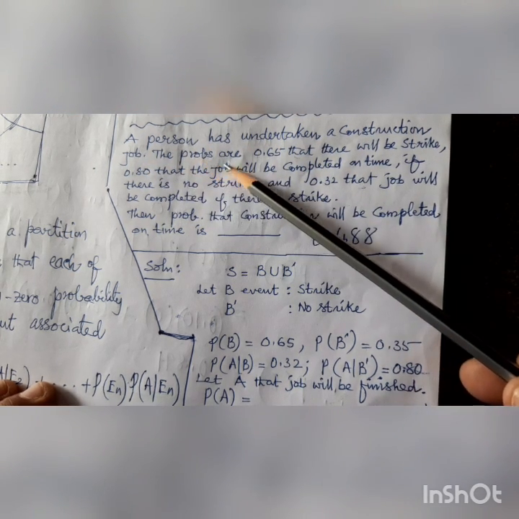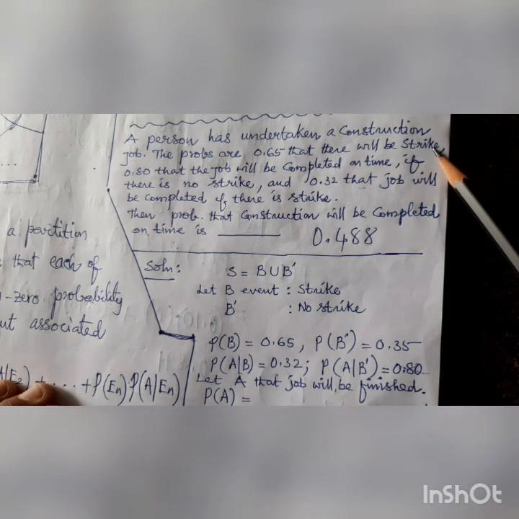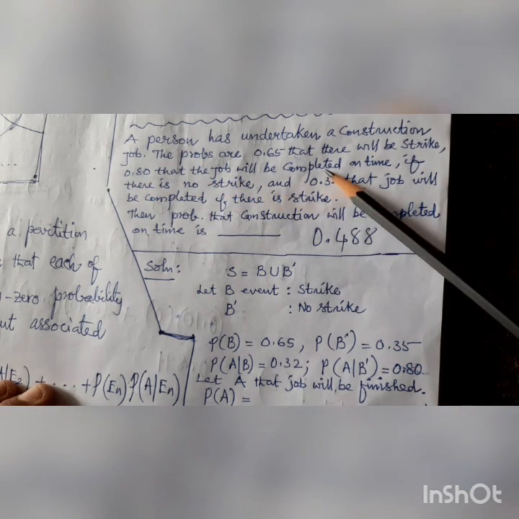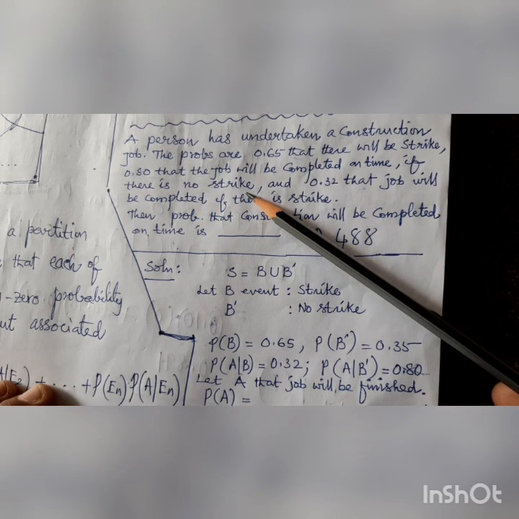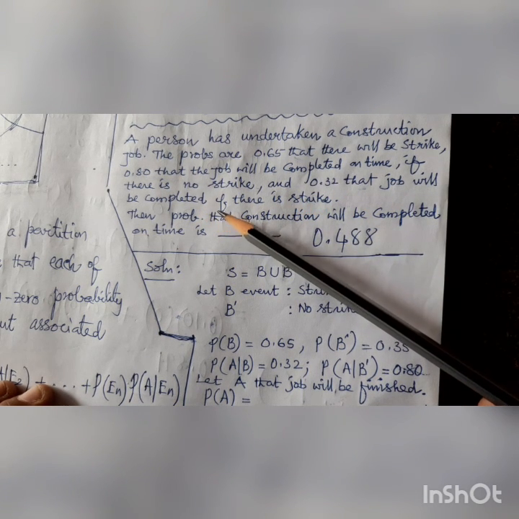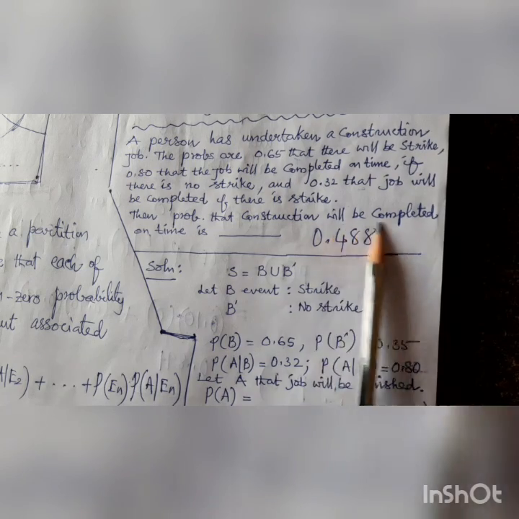The probabilities are 0.65 that there will be a strike, 0.80 that the job will be completed on time if there is no strike, and 0.32 that the job will be completed if there is a strike. Then the probability that construction will be completed on time is